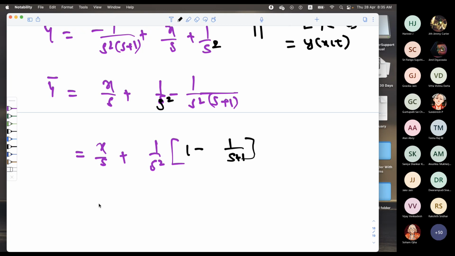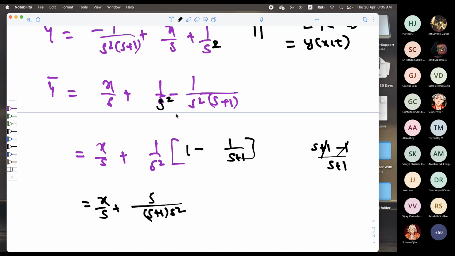Sir, have you got the point? Yes, sir. Okay, so how can we write this? Is there s plus 1? S plus 1 minus 1 divided by s plus 1 means s upon s plus 1. This is s upon s plus 1